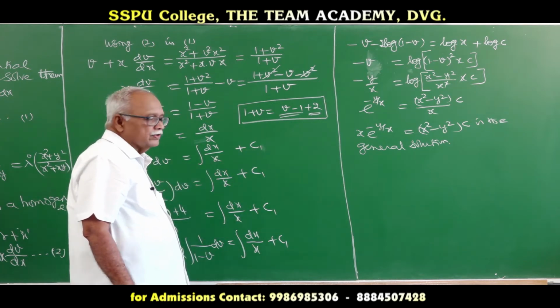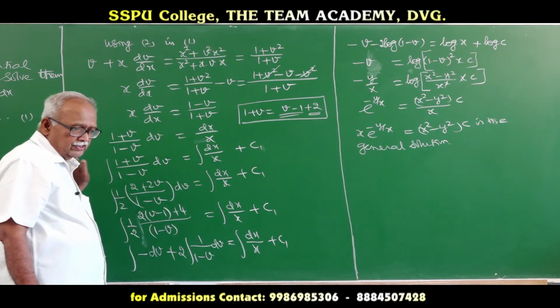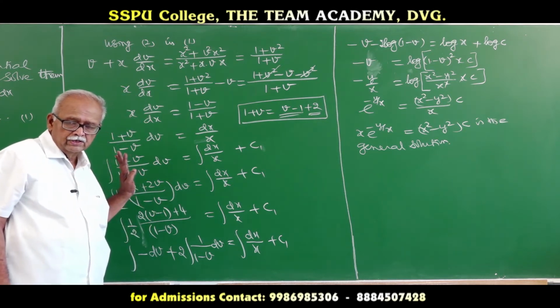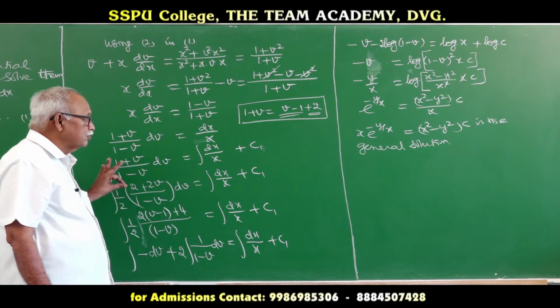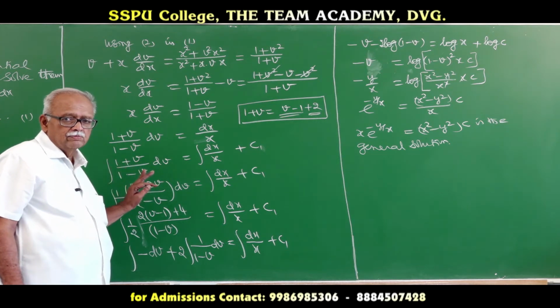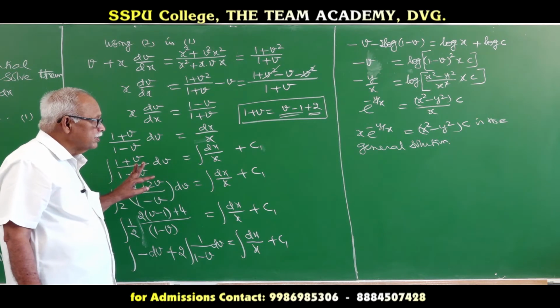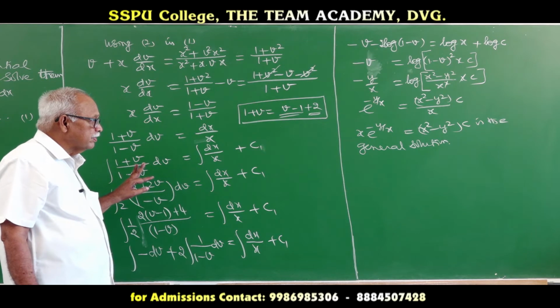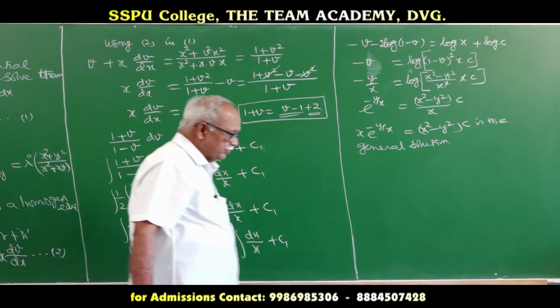So the first question itself, the main part is integration. First we have to prove it is a homogeneous equation. Then we have to put the substitution, put y is equal to vx. Then we have to go for integration. Once integration is done, finally we have to back substitute y by x and simplify using the logarithm properties. So you get x into e power minus y by x is equal to x square minus y square into c, is the general solution. We will go to the next question.